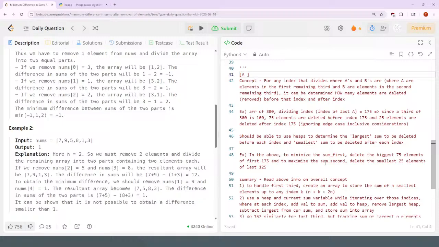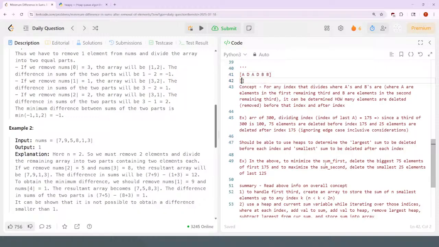So let's say there are 6 elements. It could be something like AD, AD, BB, or it could be something like AA, DD, BB,